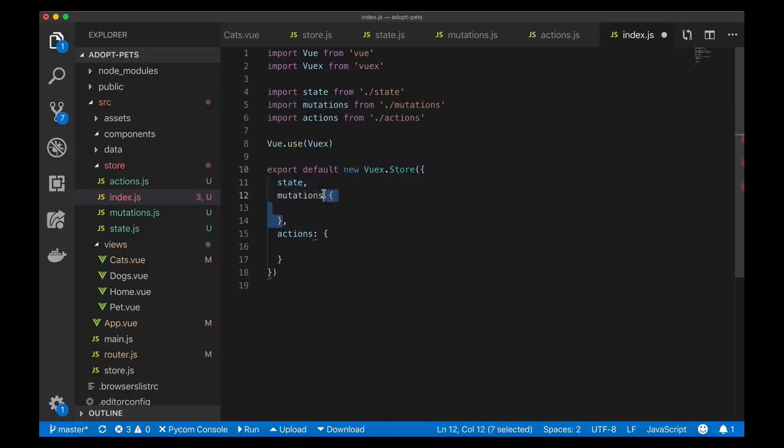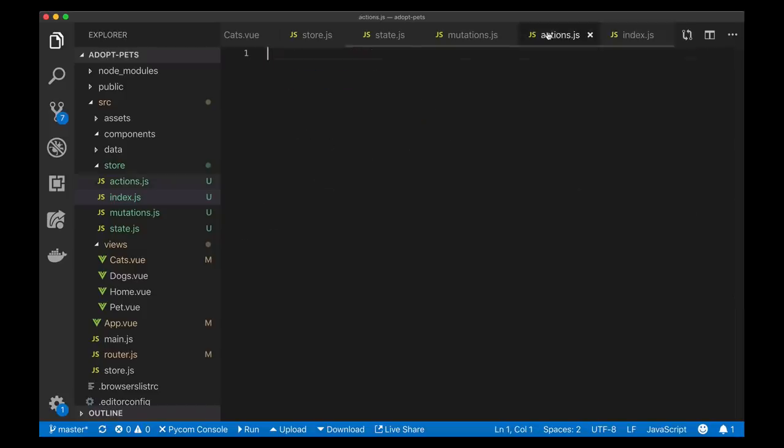Oops, get rid of this object and get rid of that. And now of course I need these to be actual objects in each file. I'll just, for some of these, export a blank object for now. The same thing in mutations, save this, and now in state I'll have a blank object, but I'm also going